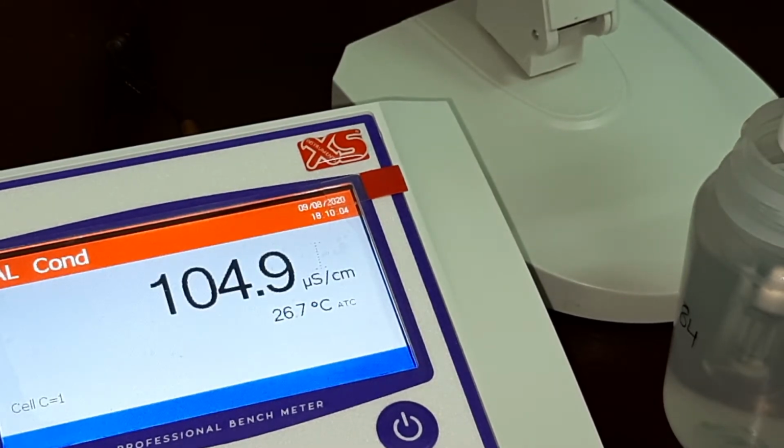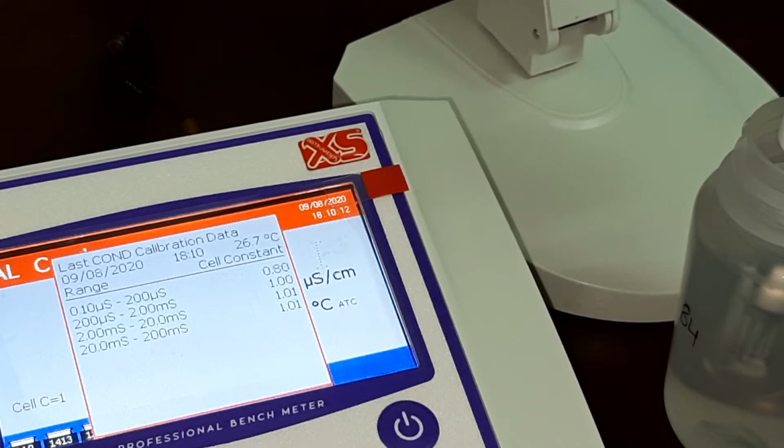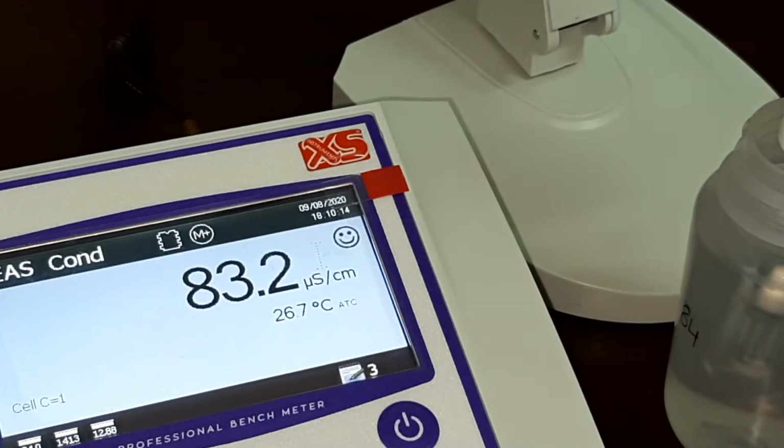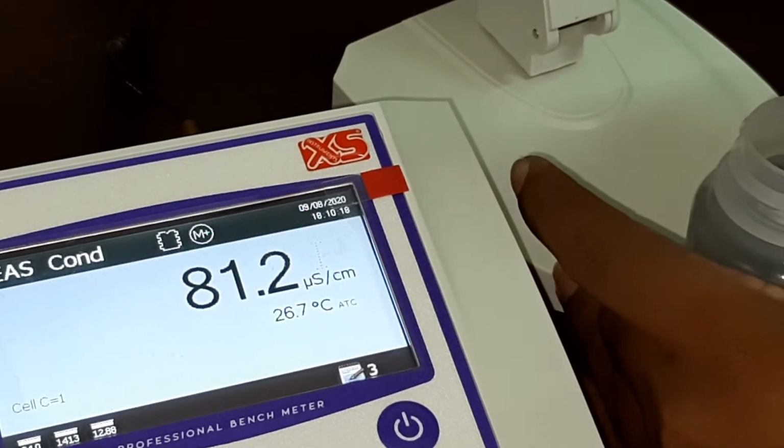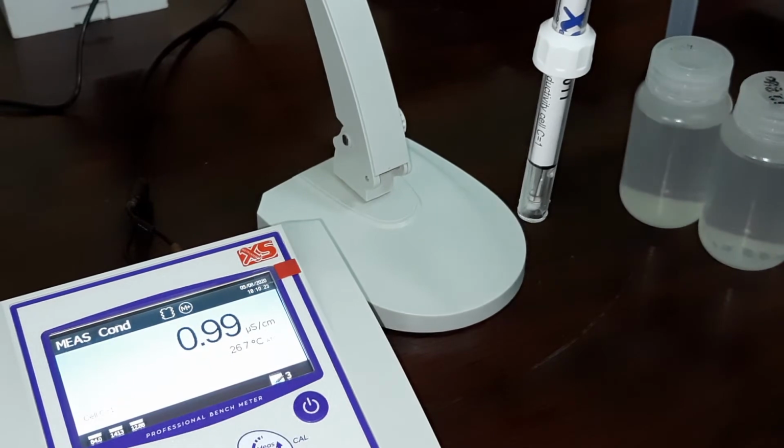It will adjust the value to 84. Okay. Again, clean the electrode with distilled water.